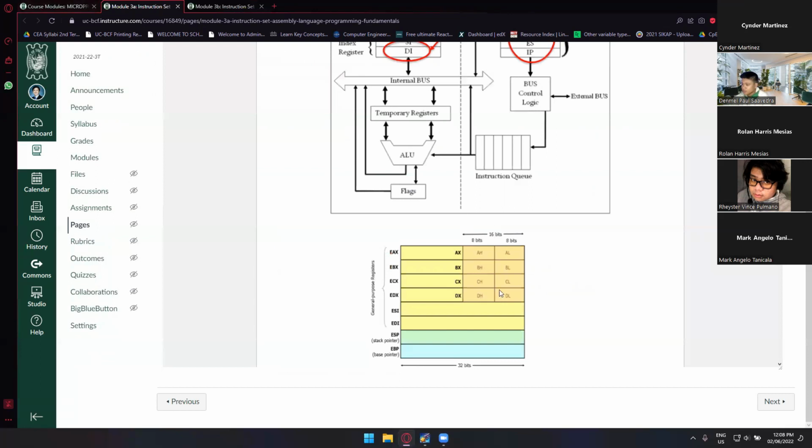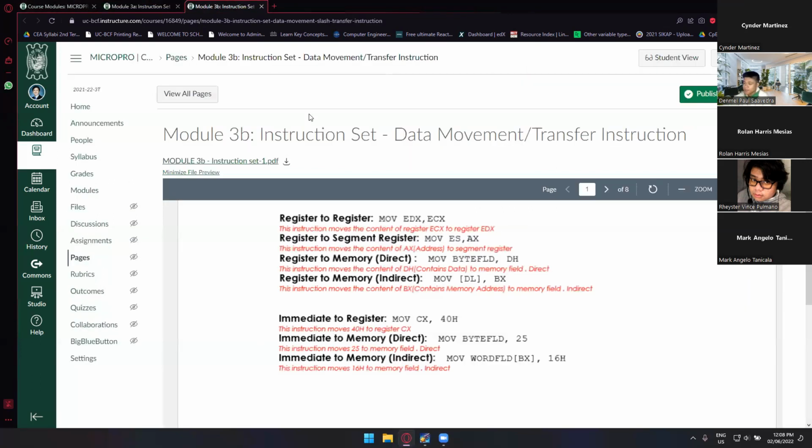So DH came from here, and then byte field is, I don't know, but it's the memory, the direct memory, so it's the byte field. Anyway, we'll not be using byte field for now, so I'm not really sure where we can use this one, but in this module, there were no example on how to use a byte field. So maybe Ma'am Suarez only focused from register to register and then register to segment, and we also have immediate,